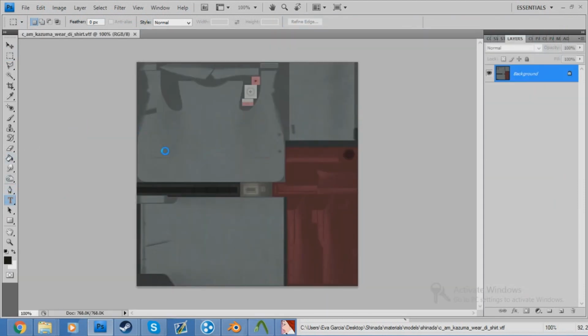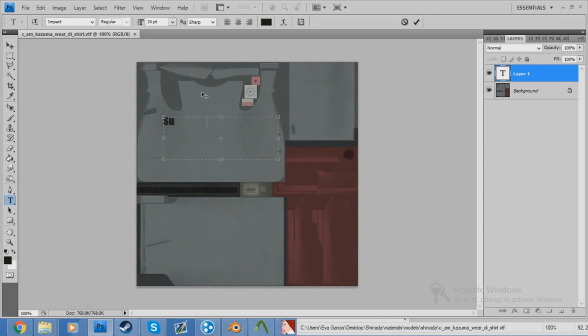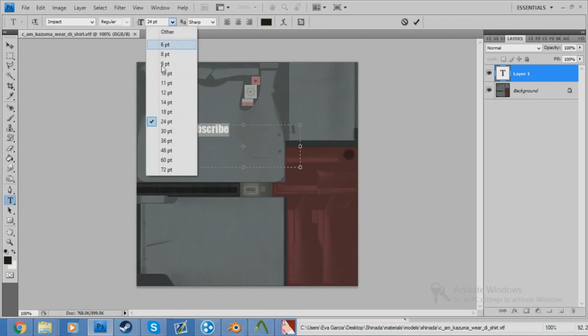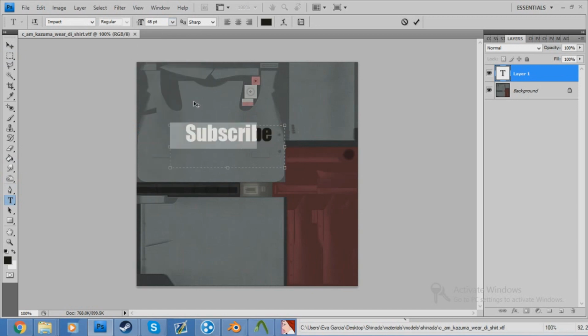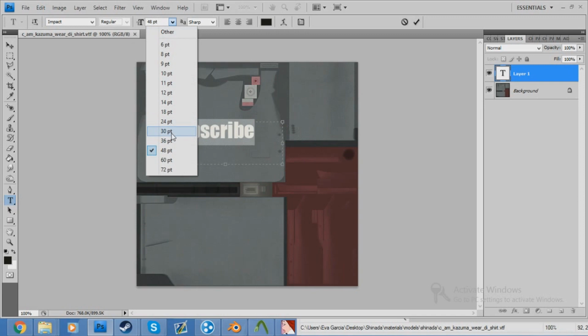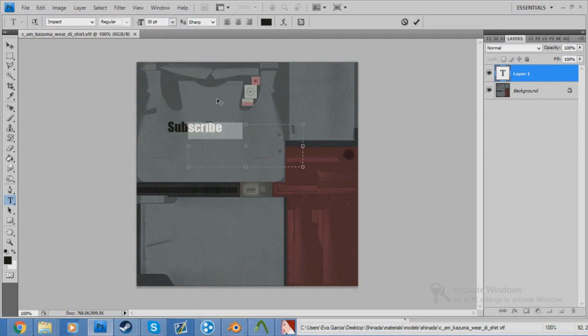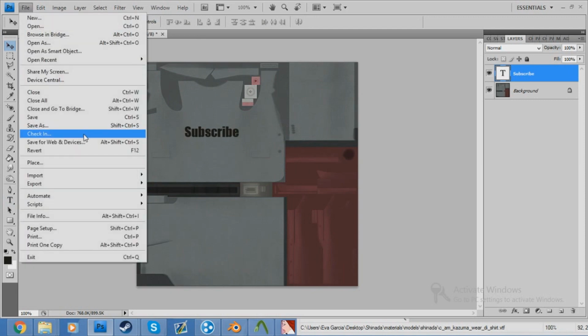So now here it is. Let me just type subscribe. You know, that's gonna be on his back. So subscribe. Make it a little bit bigger. There. Now it's going to be warped because here are the pockets, so it's going to be extremely warped. So it doesn't really show you where it gets warped from, but it will be warped. You just need to keep testing it. So let's File,